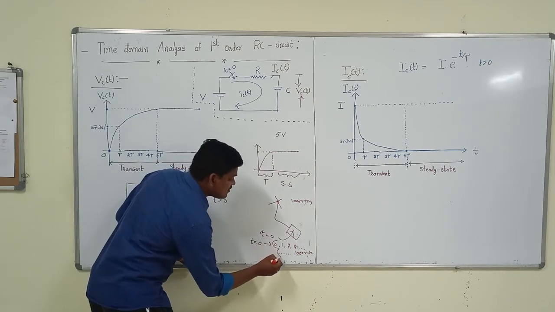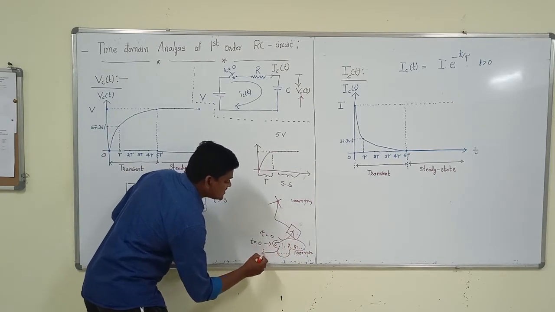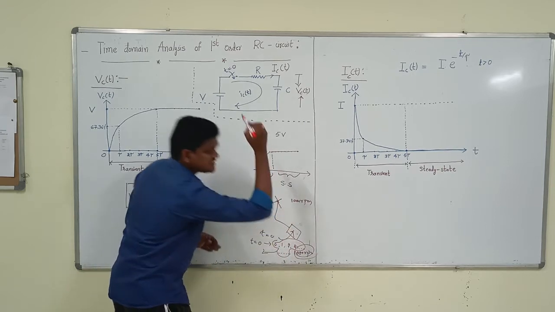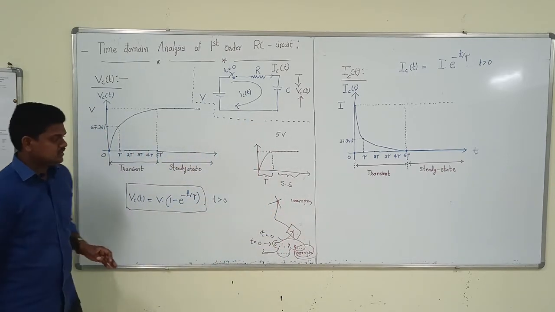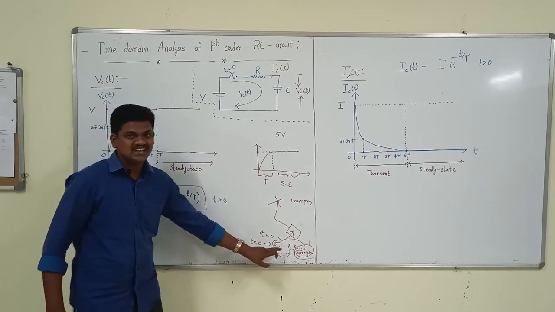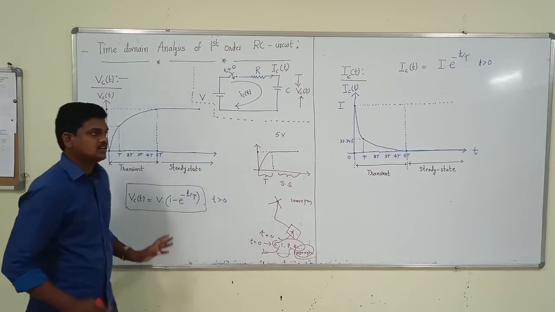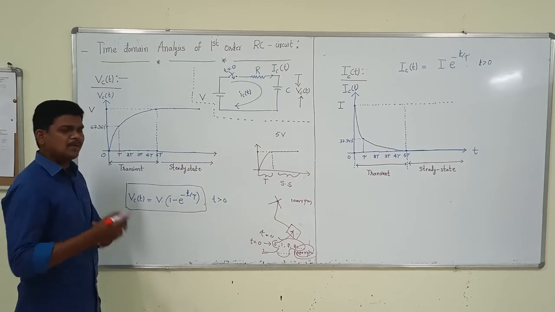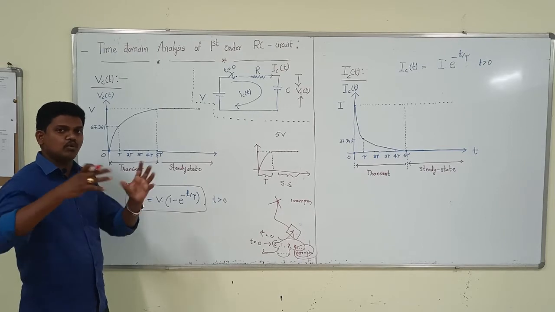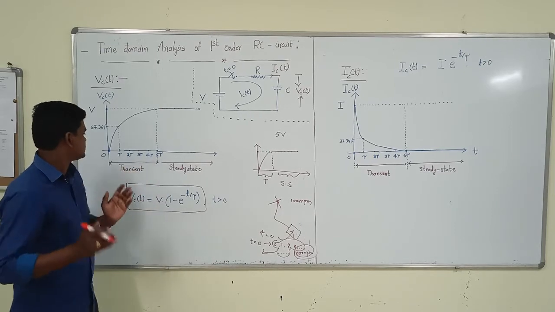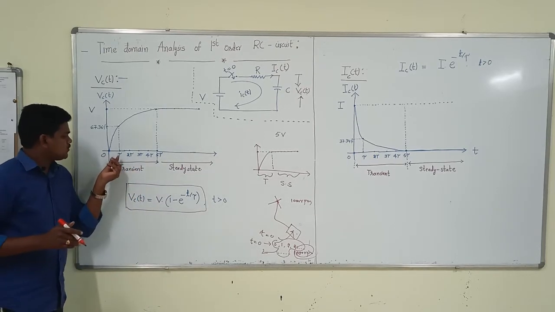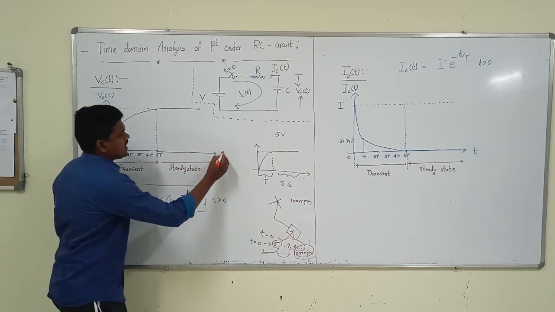So this time is known as the transient time, and this time is known as the steady state time. This is the transient state, this is the steady state. Understand? Simple thing, simple example. A bulb also will take some time, after that it will glow. That is transient, this is steady state. Right.